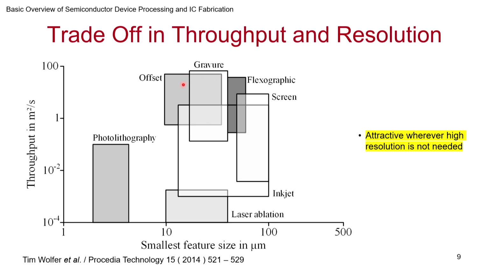So throughput may be high, but resolution is where you get the hit. That's why scaling issues may be a challenge. So you cannot use printing for all aspects of our current VLSI technology the way we use it. So wherever resolution is not an issue, and I would want to add a caveat here, you are able to do it at the temperatures under the conditions that you want, maybe printing is a good method.